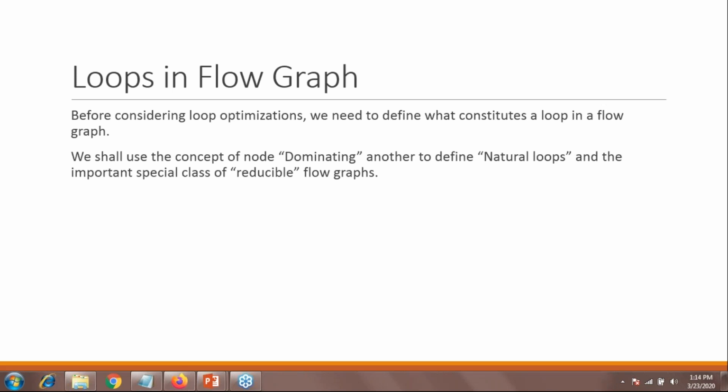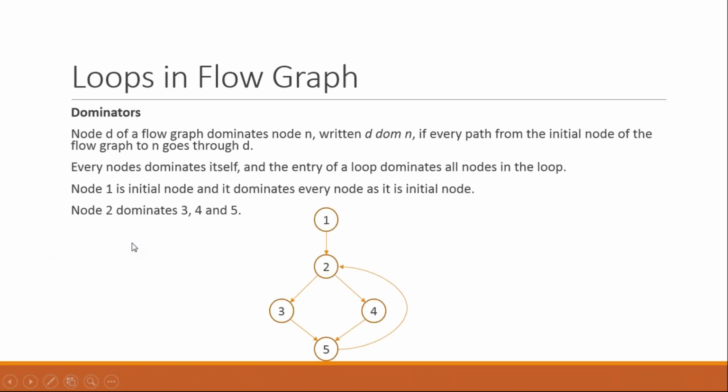Some methodologies known as the dominating loop, the natural loop, the reducible loop, or the inner loop methodology let you control the flow of your loop. The first method, which comes under loops in a flow graph, we'll start with that section: how your flow is going to be graphed whenever your control flows.